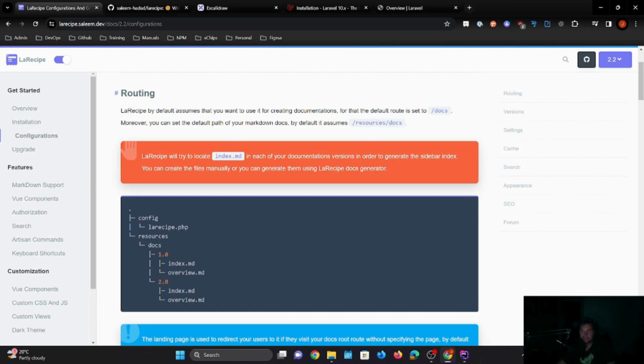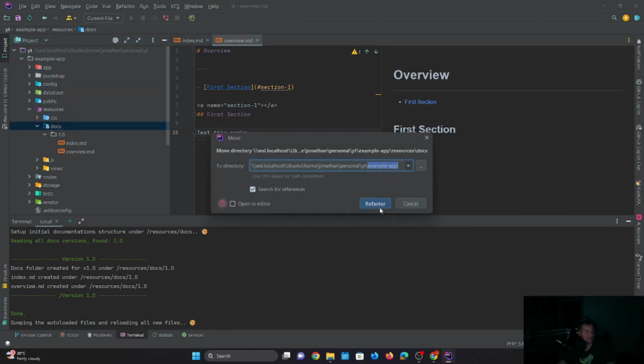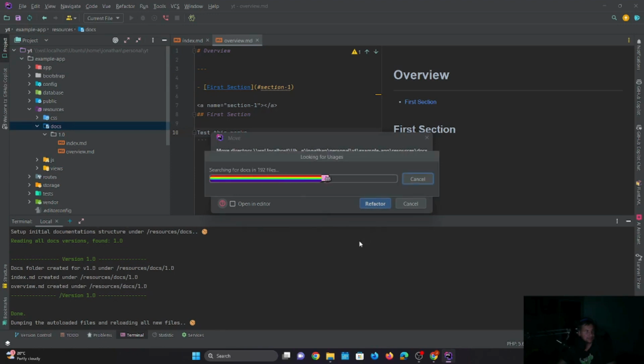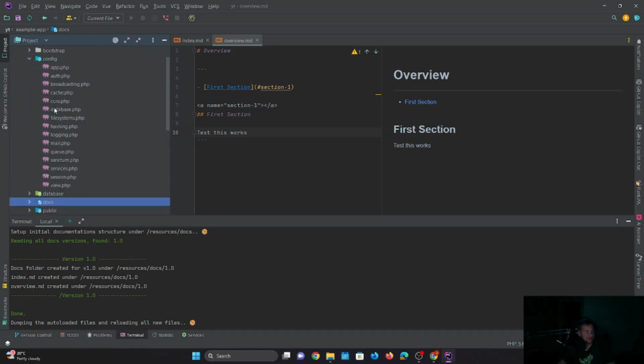Okay, so let's try and change something. What I quite preferred in terms of where our docs were located was that they were actually located in the root directory, which is something I would probably also want for a project that I'm doing. So let's move that to the root of our directory. Okay, so now we've got docs there. Excellent. So they mentioned a config file,